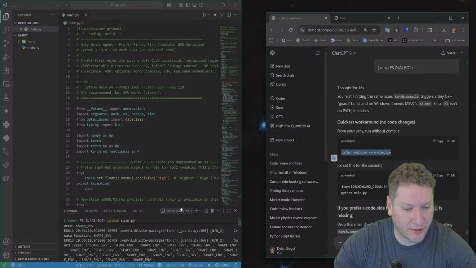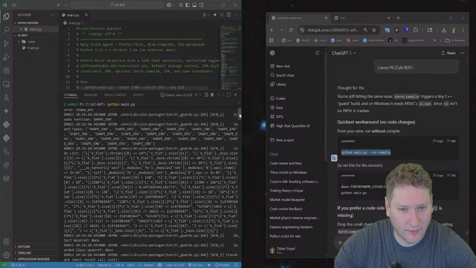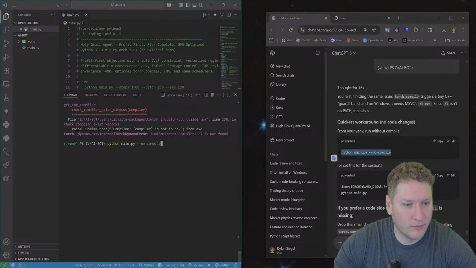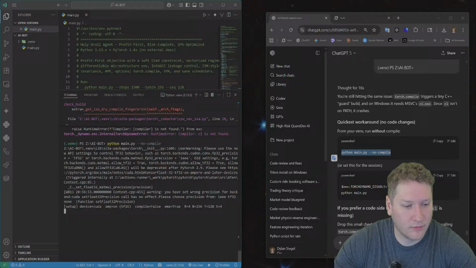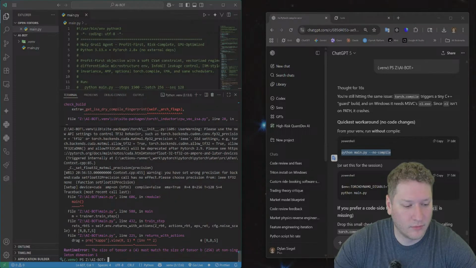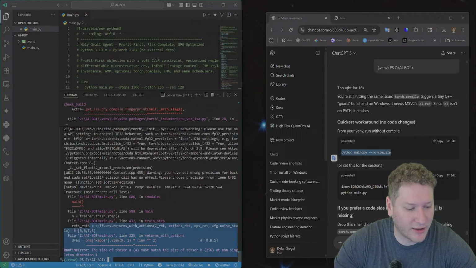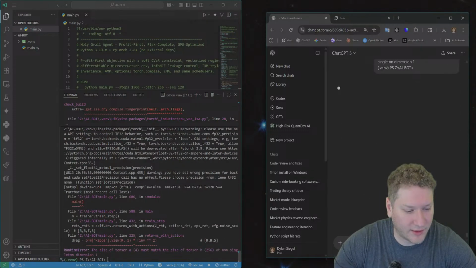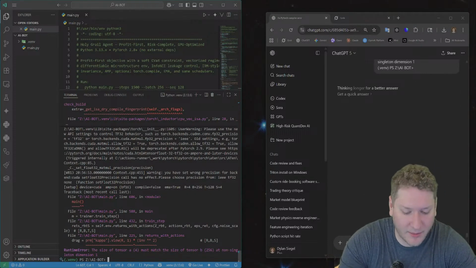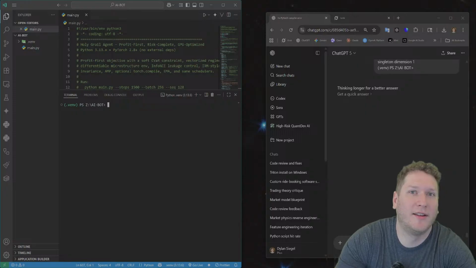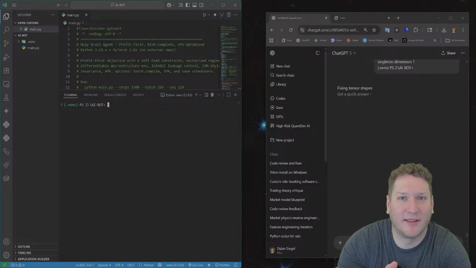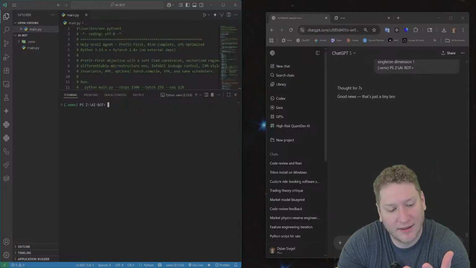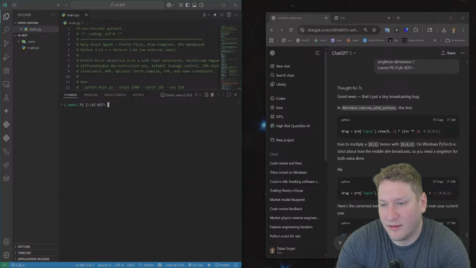Oh, so it wants me to try running it like this. See, it's not catching that there's this tensor misalignment. It's always the issue. The tensor cores are misaligned. Yeah, exactly.